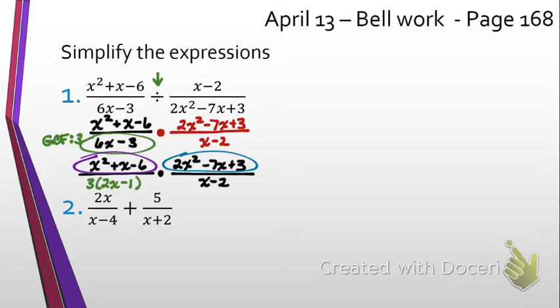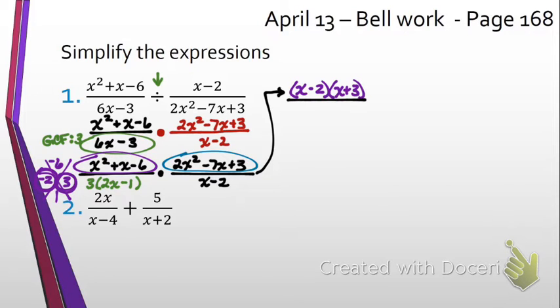Can I use my shortcut on that one? Yes. How do we know? A is 1. Okay, so I need two numbers that multiply to give me -6, but add to +1. -2 and 3. So what will the numerator be when I rewrite it? X minus 2, x plus 3, over, and we have that GCF of 3 out there, and 2x minus 1,